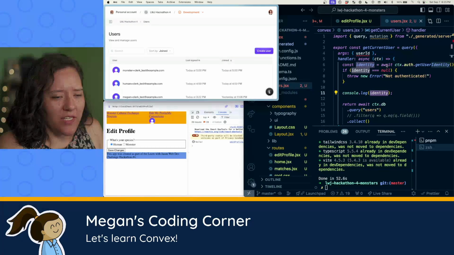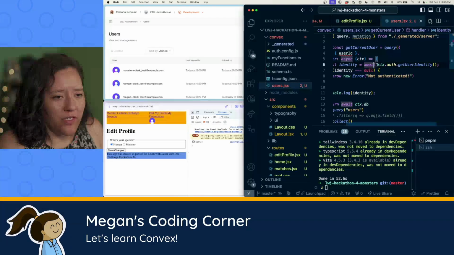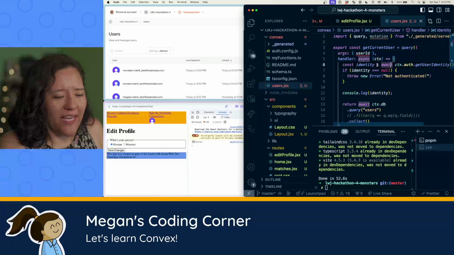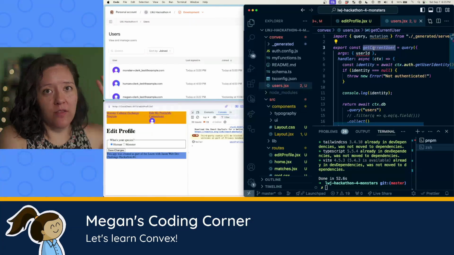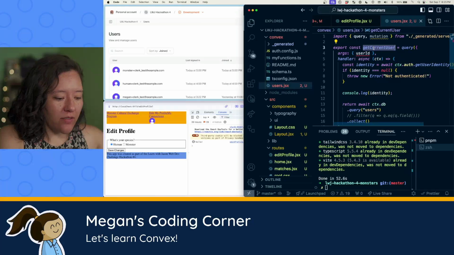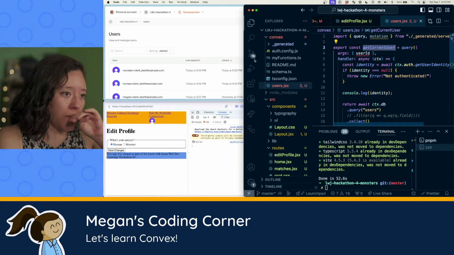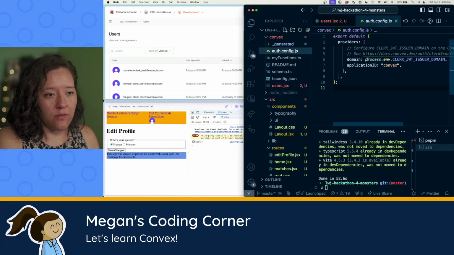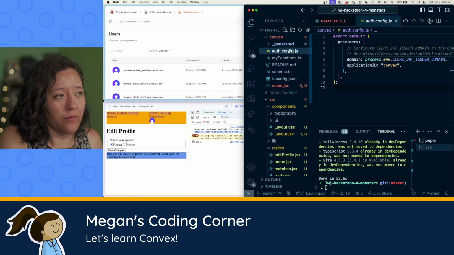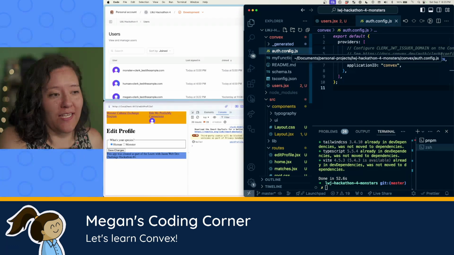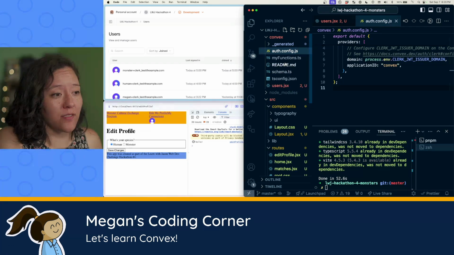I guess what's happening is that when this function gets called, Convex on the back end sends a request to this domain, which is our Clerk issuer, and it sends the JWT, the JSON web token that it gets in the request,